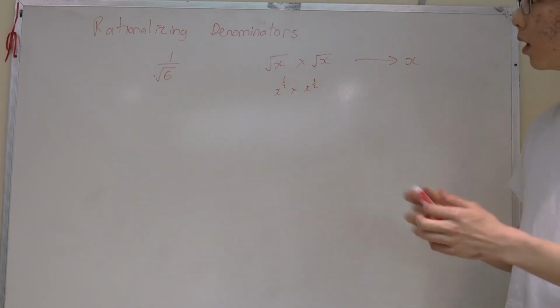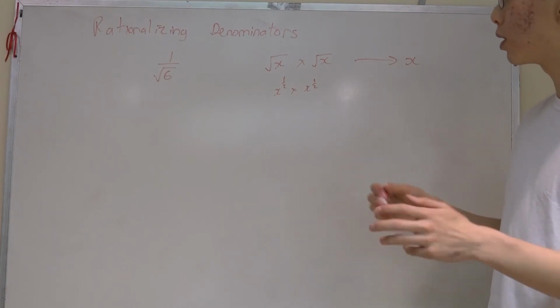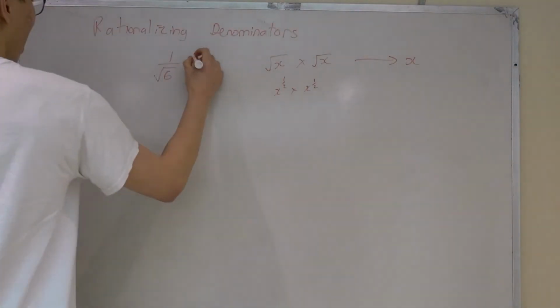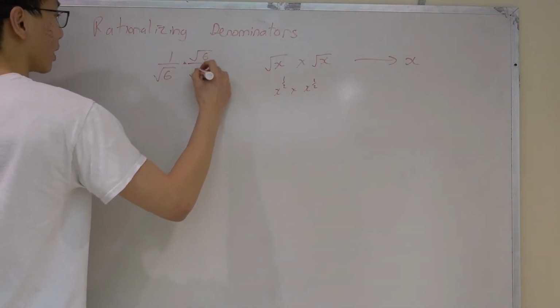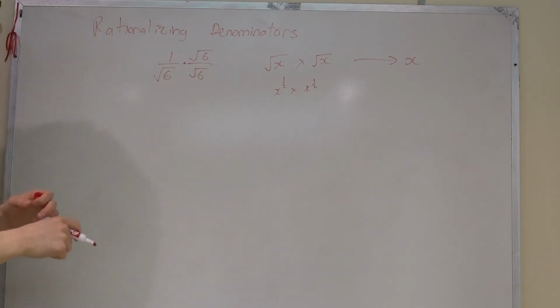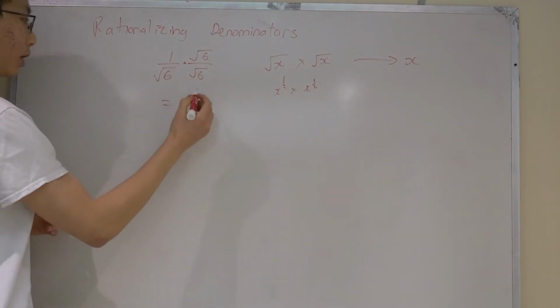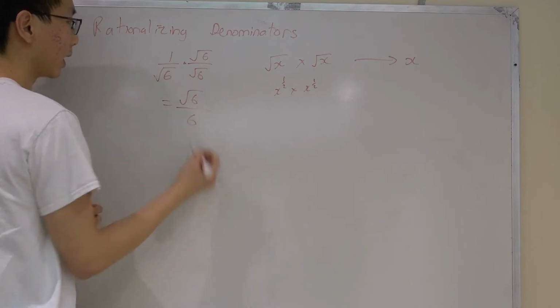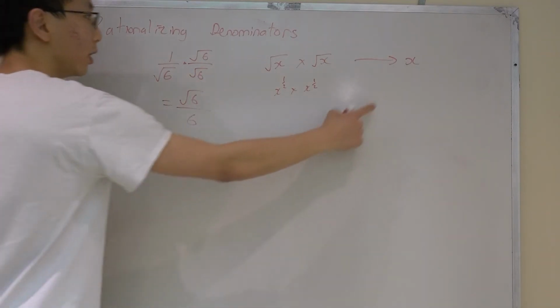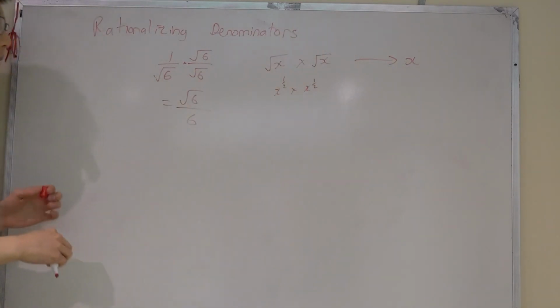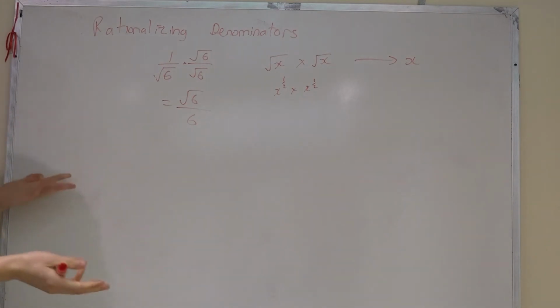So you may already be thinking to yourself, well, it's obvious now. I just have to multiply root 6 over root 6. And you'd be totally correct. Because once you do this, what do you get? You get root 6 over 6. The root 6 times root 6 just gives you 6 by this rule over here. And now we've successfully